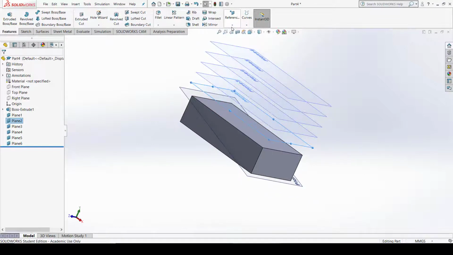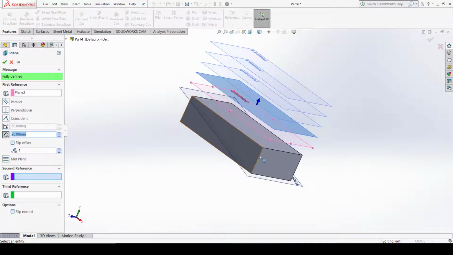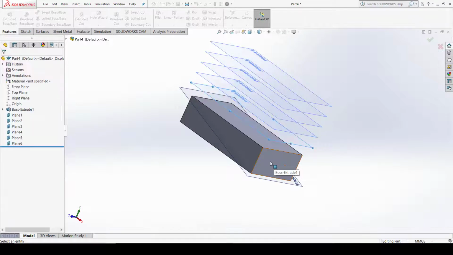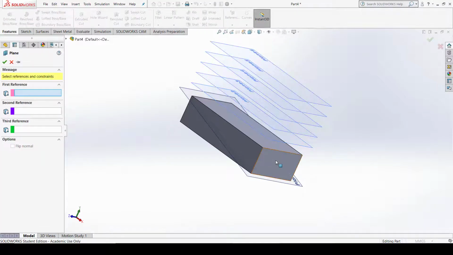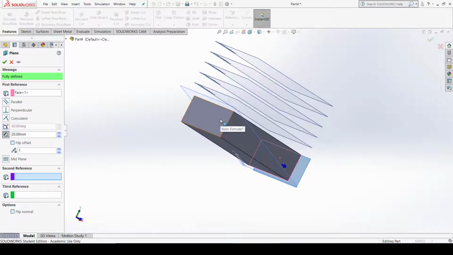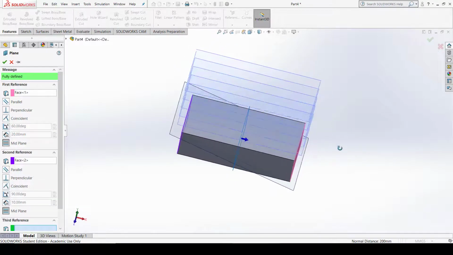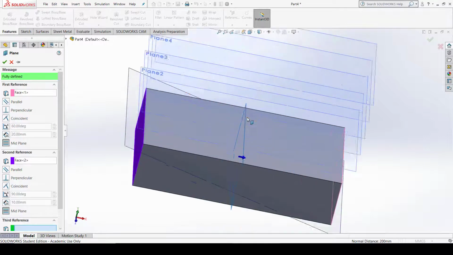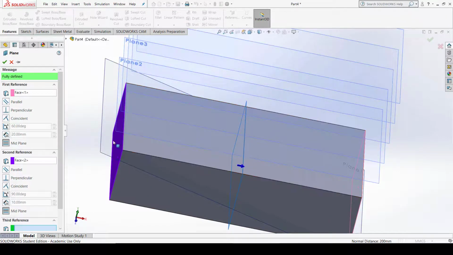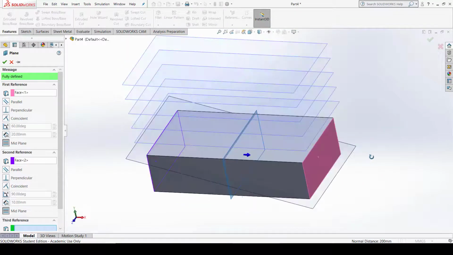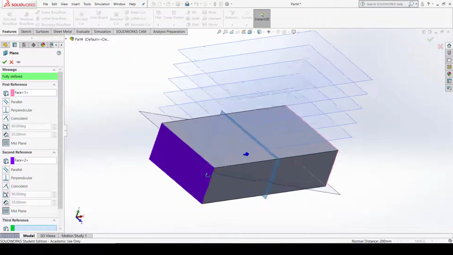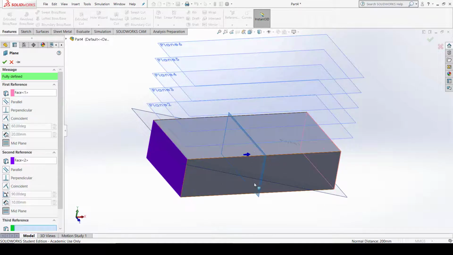Then third option to create the plane is to select on reference, click on plane here, and you can see I select these two surfaces. First surface this, second surface this. So you can see automatically when I select these two surfaces, a plane is created in the midpoint or midway between these two planes. So if you want a plane between the mid of the component, then you can just click on the two adjacent surfaces, then the plane is created between these two surfaces. So this is the third option by which you can create a plane. Click OK and the plane is created.